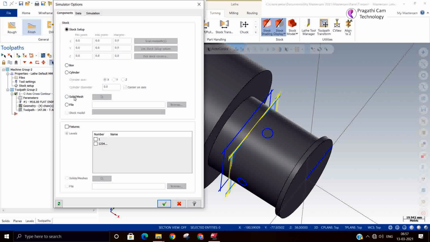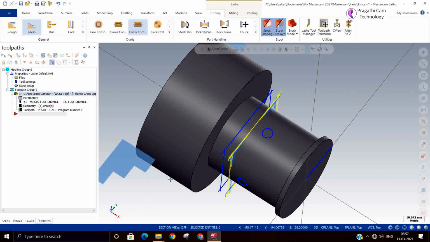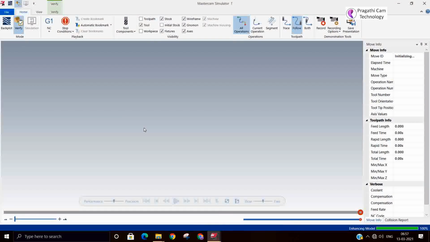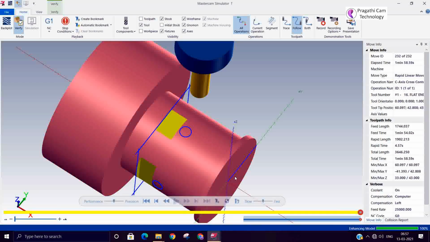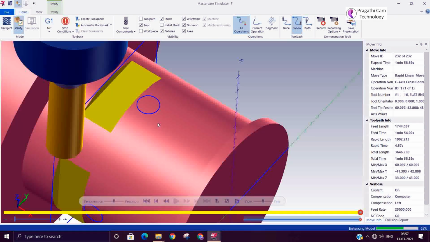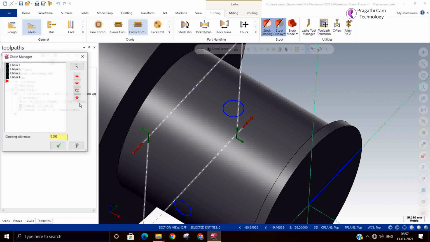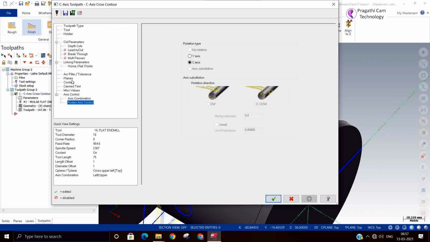Okay. Now we'll take a solid. Now actually I need still more depth. I'll change my add to multi-pass first.